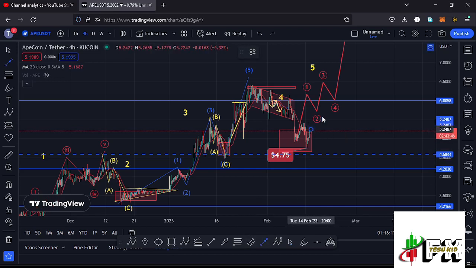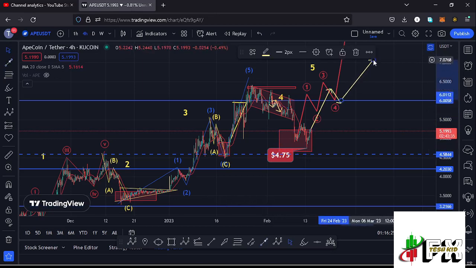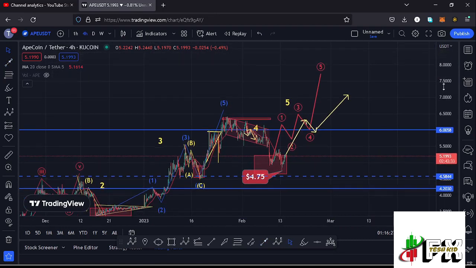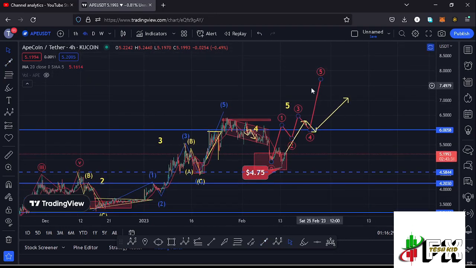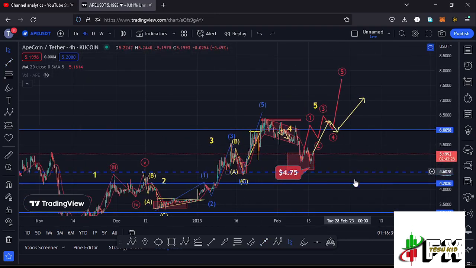at around the $6 mark, where once we manage to break above it, I'll be expecting to see a retest of that key area of resistance. And once the retest is in and a success, then we can continue pushing even higher, continue unlocking higher prices to fully maximize our target areas in the formation of that wave 5,